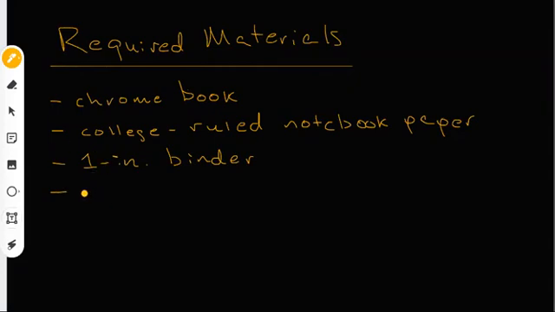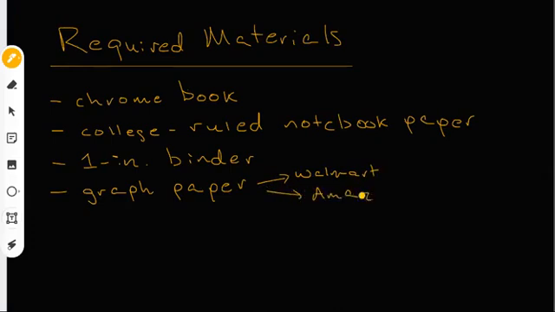You're also going to need graph paper, especially at the end of the first month when we start graphing functions. You're going to need that graph paper. I can only find this at Walmart and on Amazon. Those are the only 2 places that I've ever found this, Walmart and Amazon. I don't know why, but those are the only 2 places I've ever found it. So graph paper,